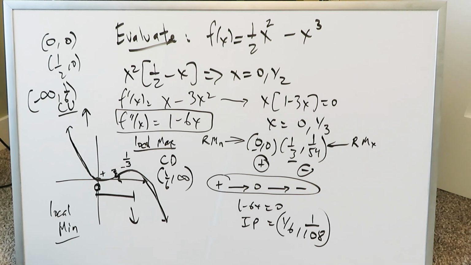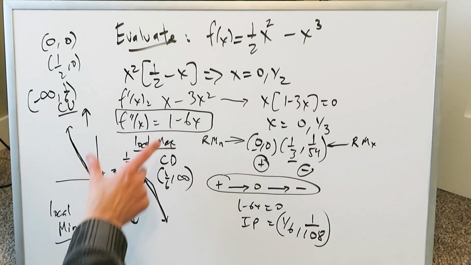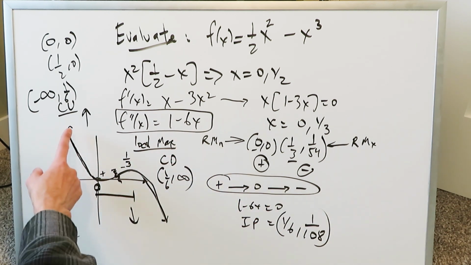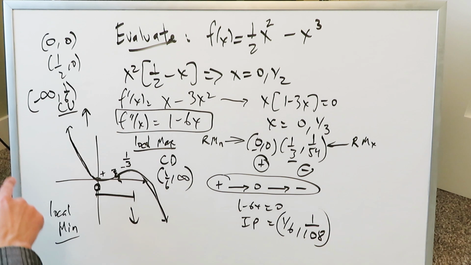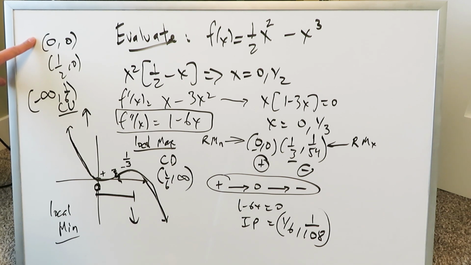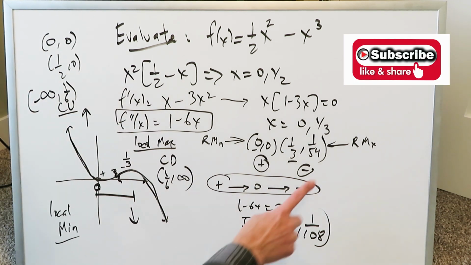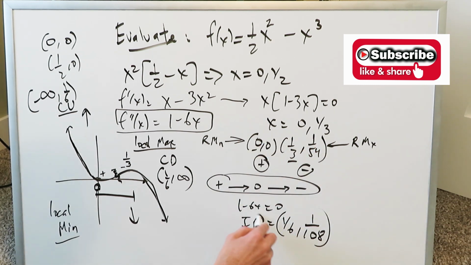The first order derivative test confirmed our local extremes. The second order derivative, with regards to these sign changes, confirms our inflection point, and it also helps establish the intervals of these concavities which are involved. We have a local minimum and a local maximum. The local minimum is one of your roots. Your other root is 102 comma 0, and your local maximum you see right over here. The question has been completed, your intervals are provided,